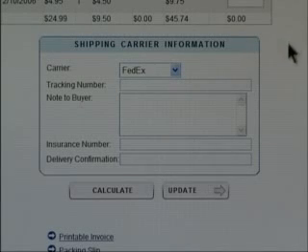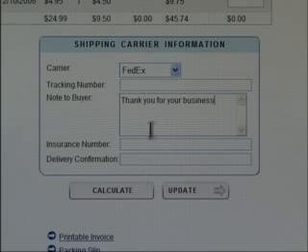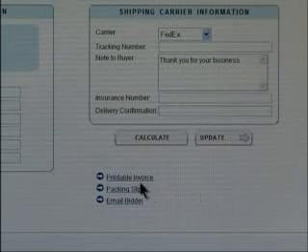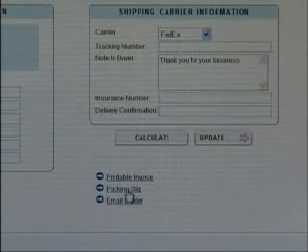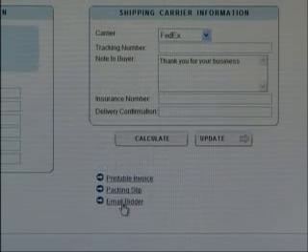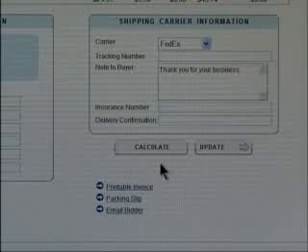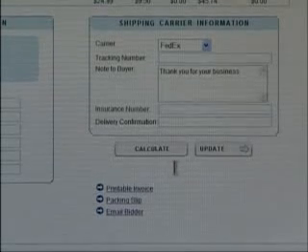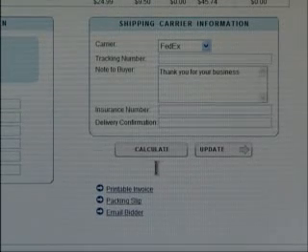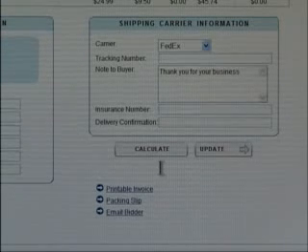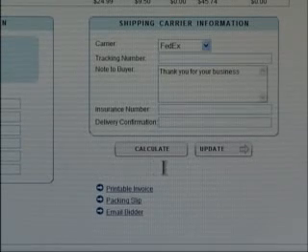Finally, enter any notes to the buyer, as well as any insurance or delivery confirmation numbers, if appropriate. The shipper can also print an invoice, prepare a packing list, or email the buyer using the links at the bottom of the page. If the clerk requires additional action on the part of the shipper, an X will be visible in the Items Note field displayed in the shipping list, with the clerk's instructions appearing in red on the